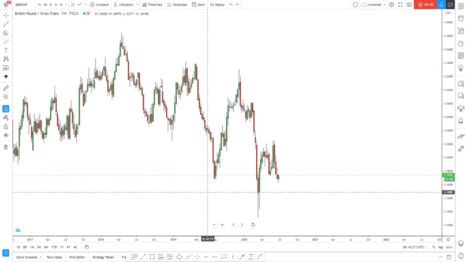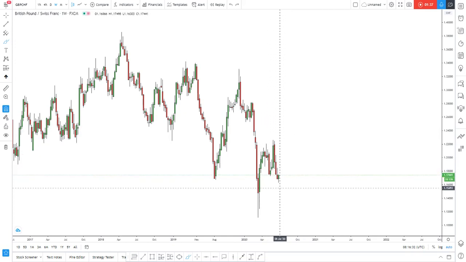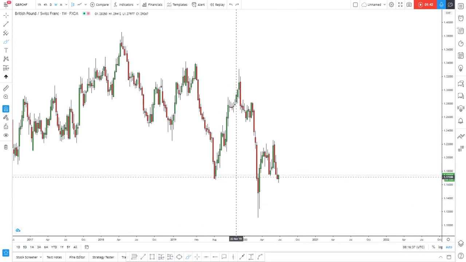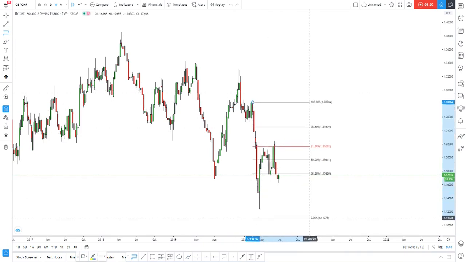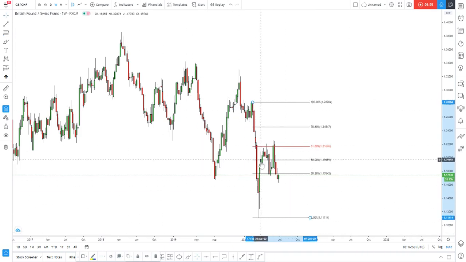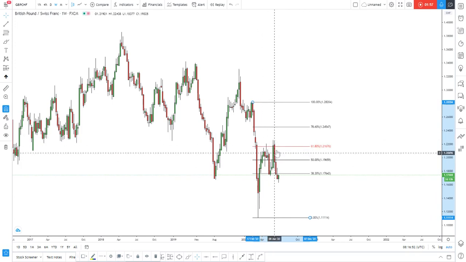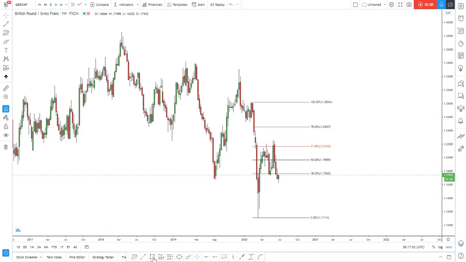Now, knowing that we've already had a correction here, we'd like to continue going short with the next impulsive move. All I'll just do is pick my fibs from this high to this low right here. What do I see? I can see how well the correction stopped at the 61.8 fib level, and looking back previously into structure, we can see how well this